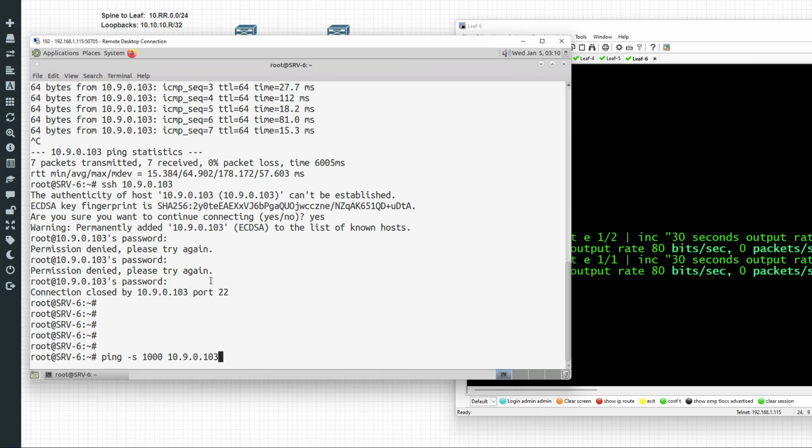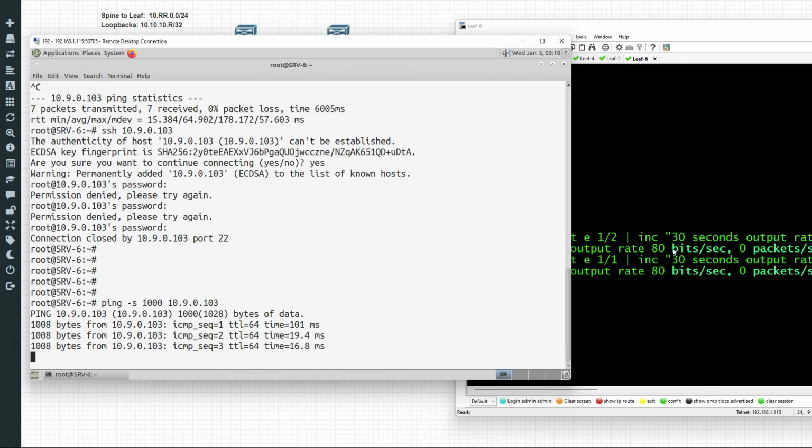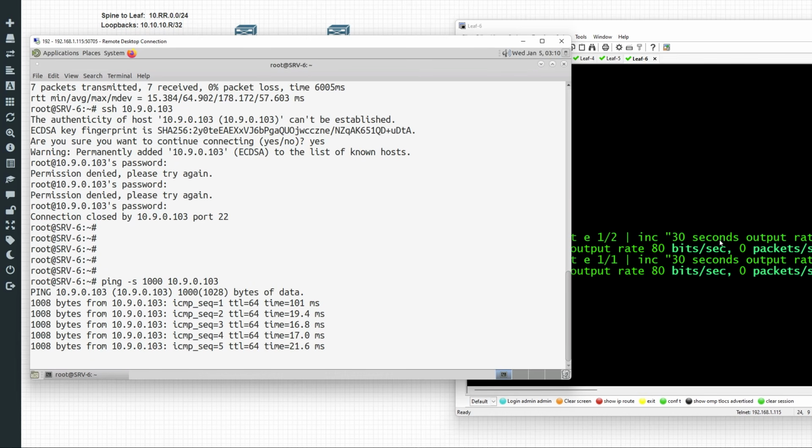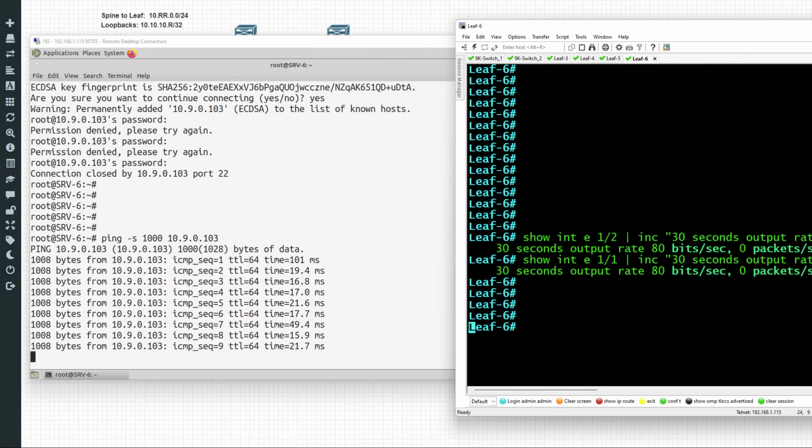So if we bring up our server, let's do a ping, and we'll say the size is 1,000 bytes. And we'll ping the target at 10.9.0.103. That should put some load, and there'll just be a continuous ping. That way we can look at the output here and see approximately if it's doing load balancing. So I'll go ahead and just let that run in the background, and give that a